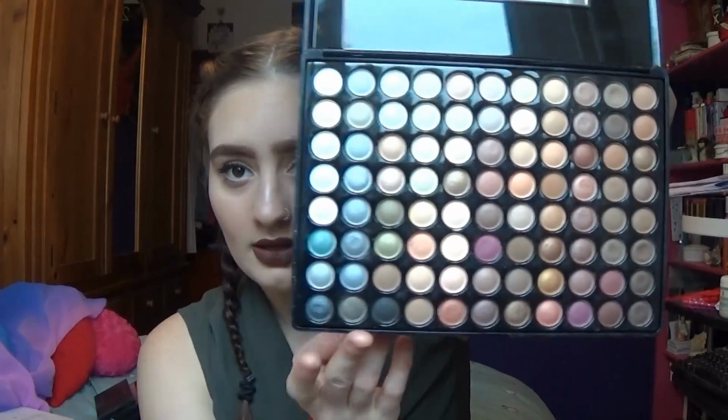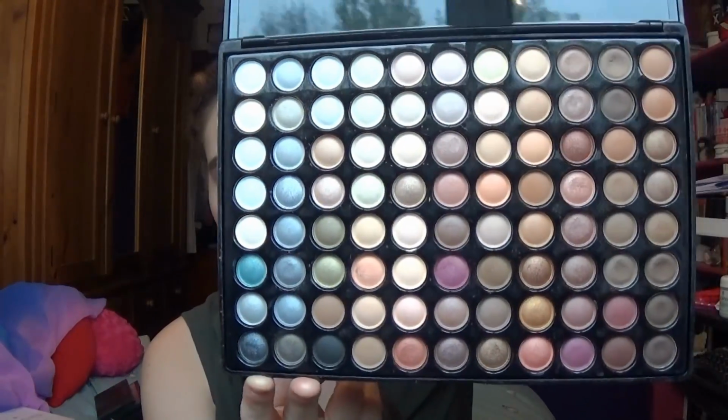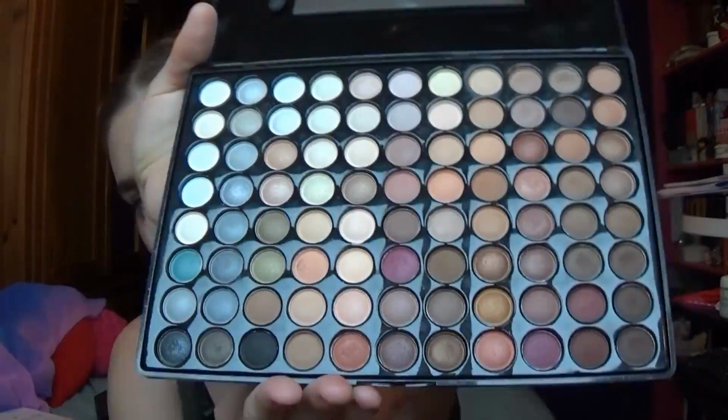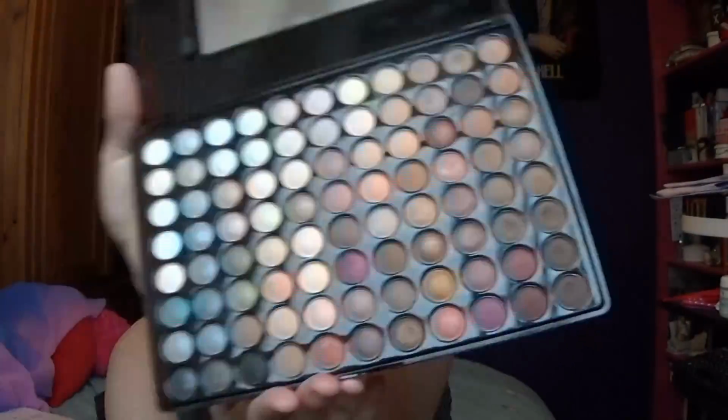I don't know what brand this is. I bought this on eBay for like £4 or something. It was the 88 Neutral eyeshadow palette. Now, I used to use this every day when I was younger. It's just called the 88 Neutral palette, and it's got all your neutrals in it. I used to use this a lot when I was 14, 15, 16 in school. They are really pretty. Quality is really bad, but it's a really pretty palette, and I just keep it again